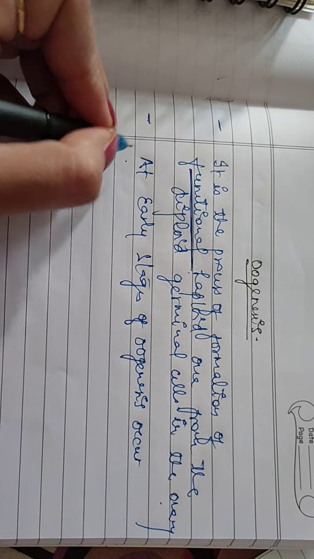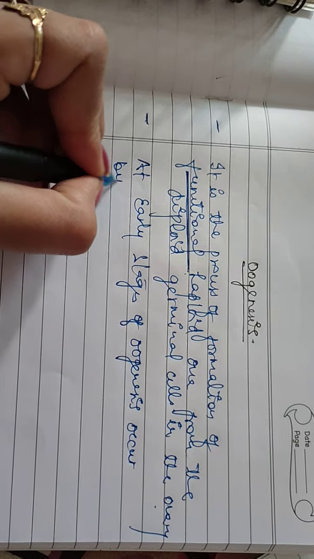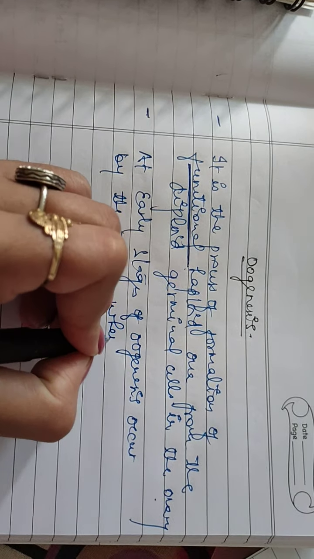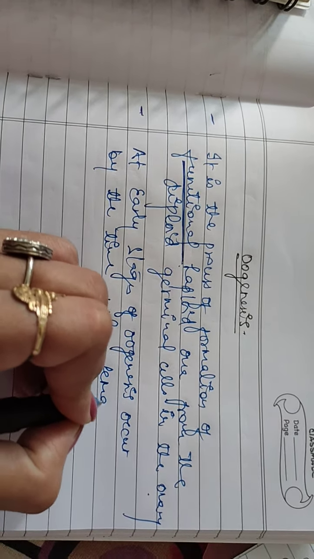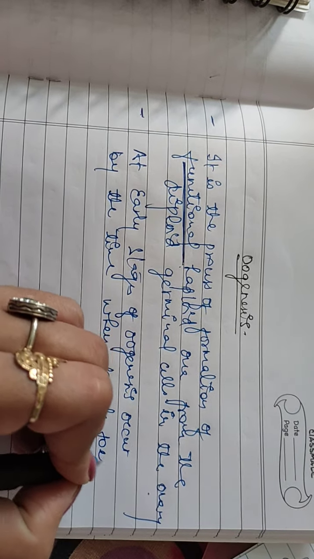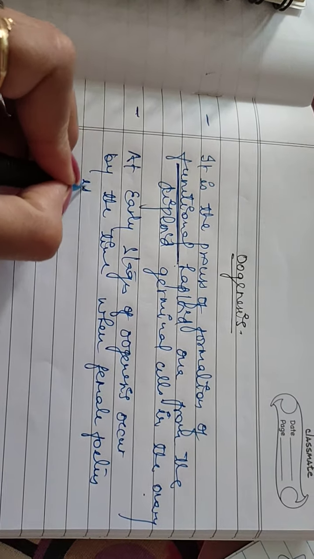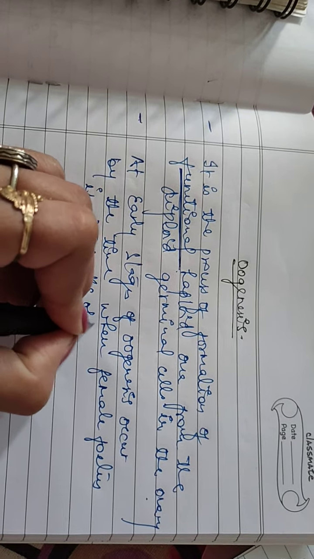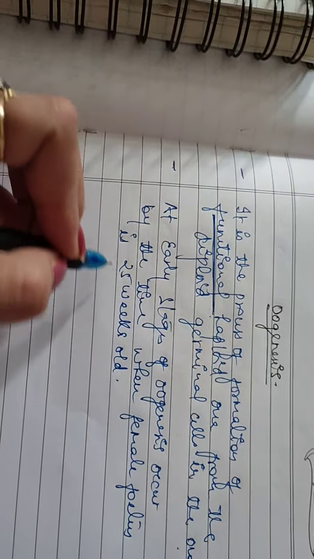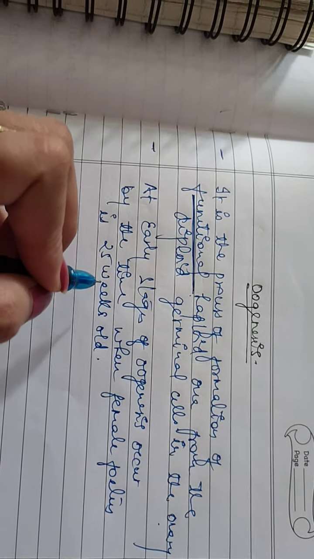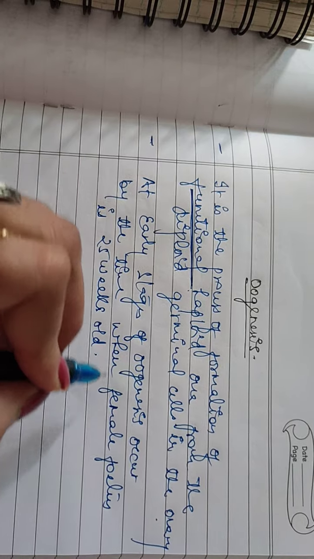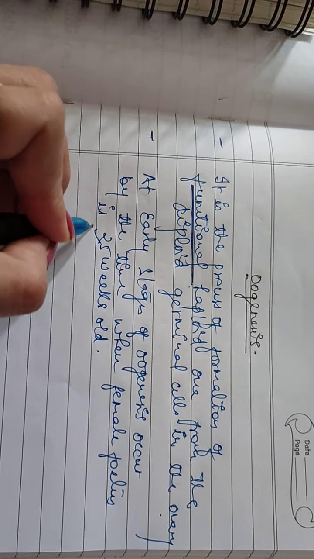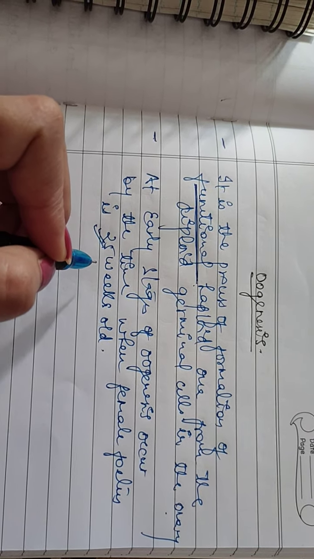Do you know when? By the time the female fetus is 25 weeks old. So do you understand this, that oogenesis occurs during the female fetus only when it is only 25 weeks old, and